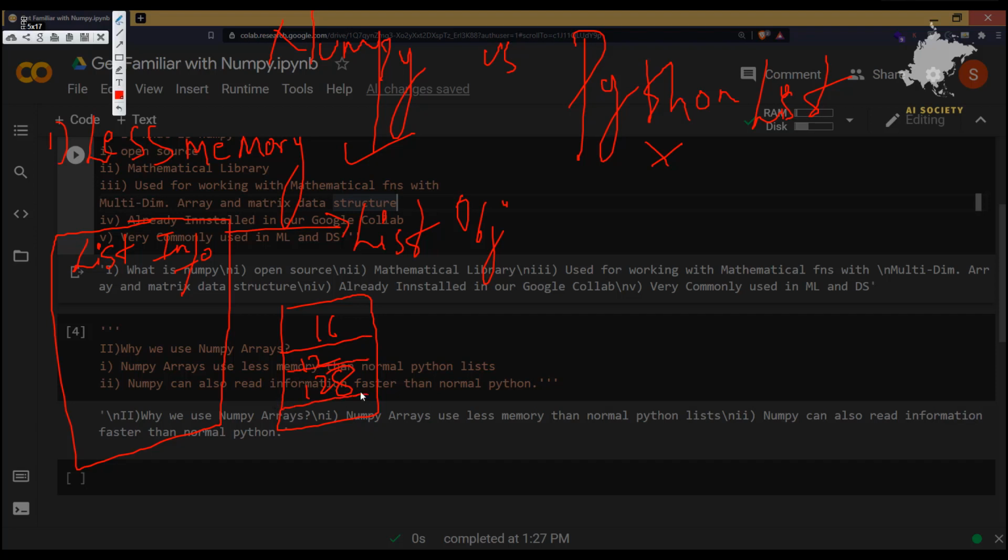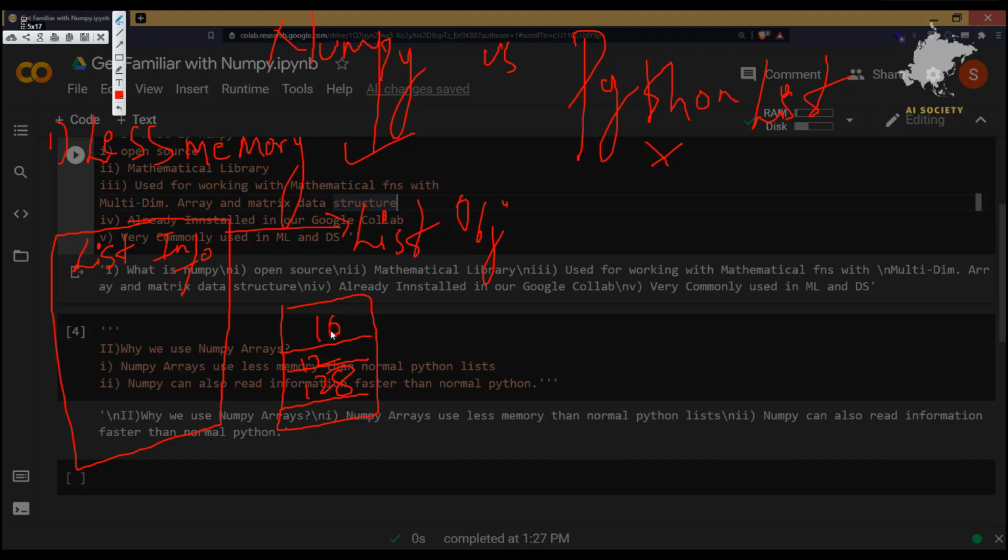Now the problem is that these numbers are also objects. Whatever we see in Python is an object, so these numbers are objects in their own way. Since it is an object, it has a class. So this 16 is an object of the class int. Try writing the type method on 16, and it will show you class int.